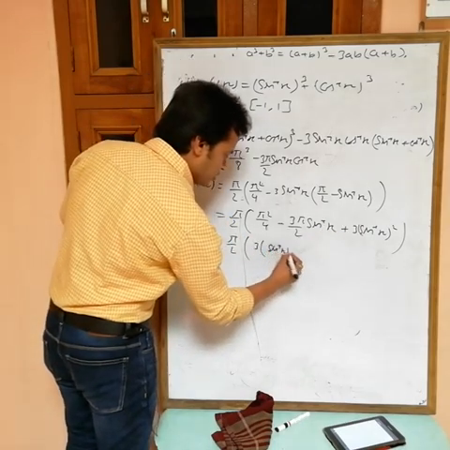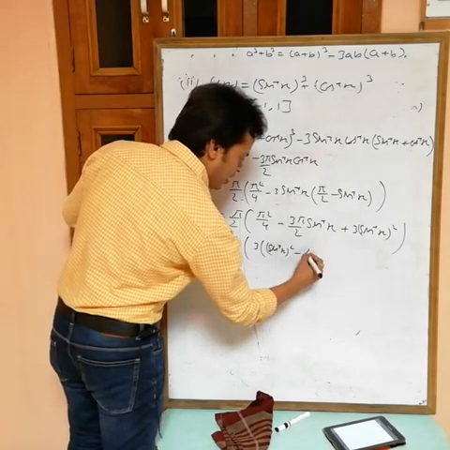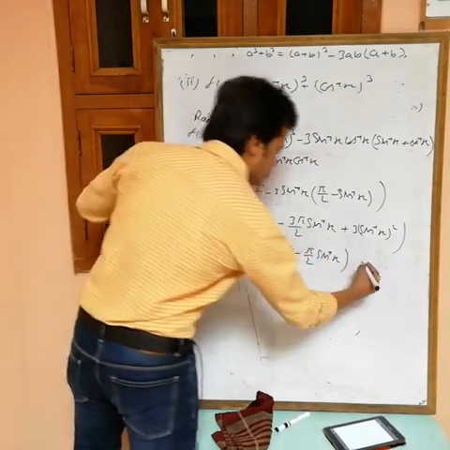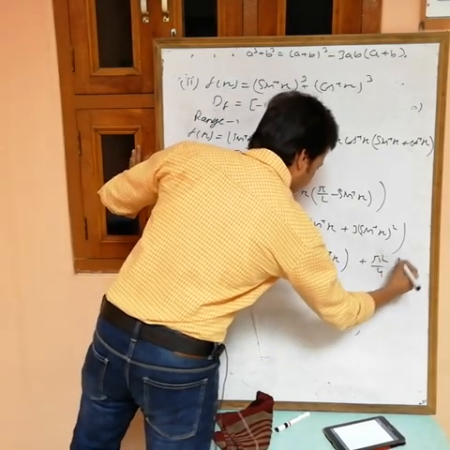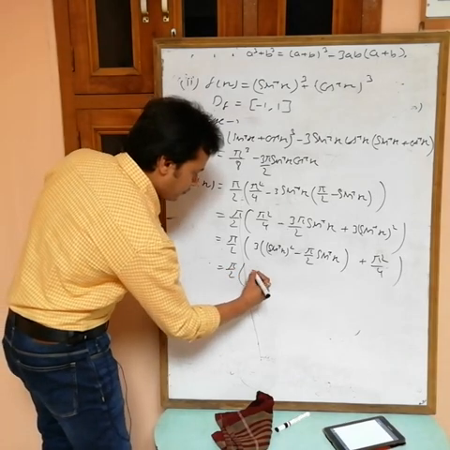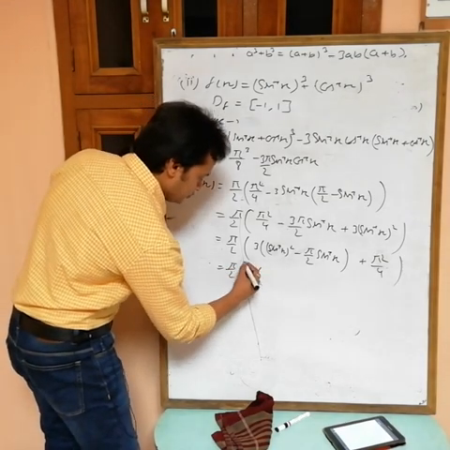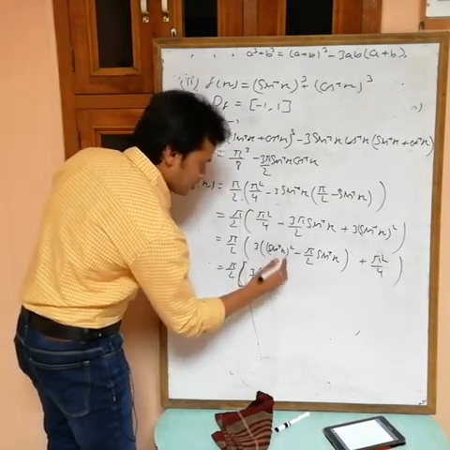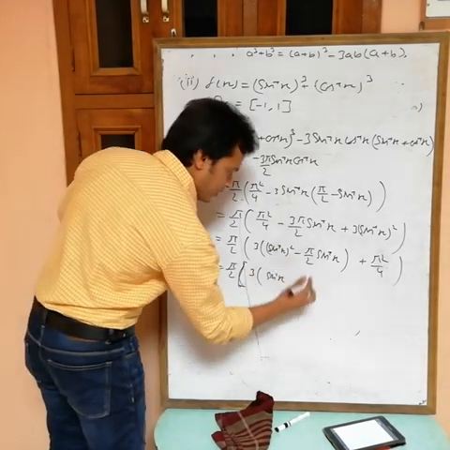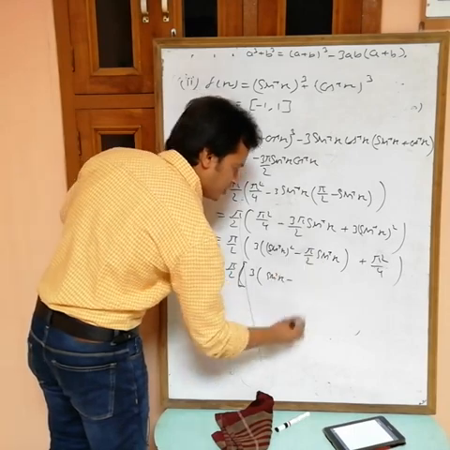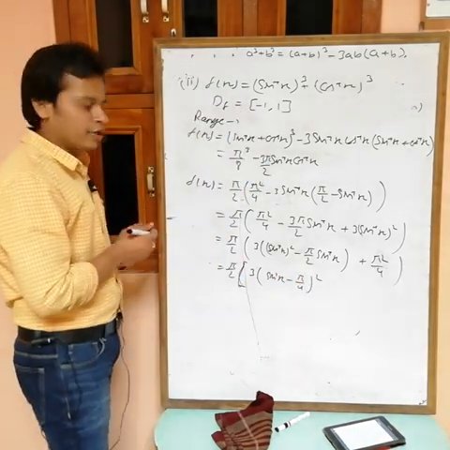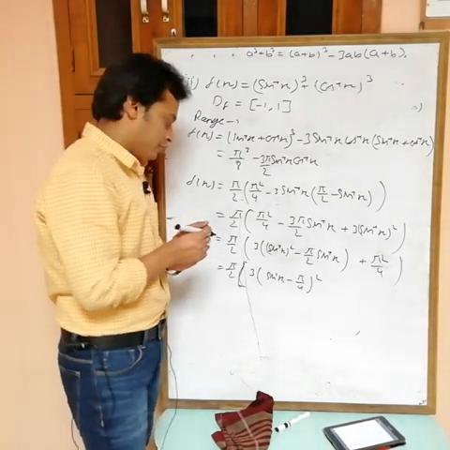Sine inverse x square minus pi by 2 sine inverse x, and the remaining is pi square by 4 outside. Okay, now I can easily make the square. See, pi by 2 times 3, if you make the square, what are we getting? Sine inverse x minus half of the coefficient of this one, that is pi by 4, whole square. You will get this one. Okay, now solve what we have and what we do not have.